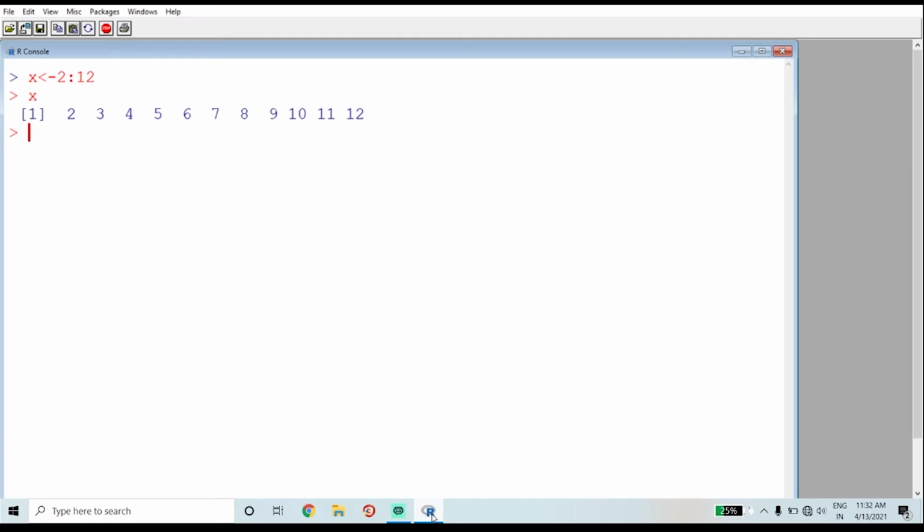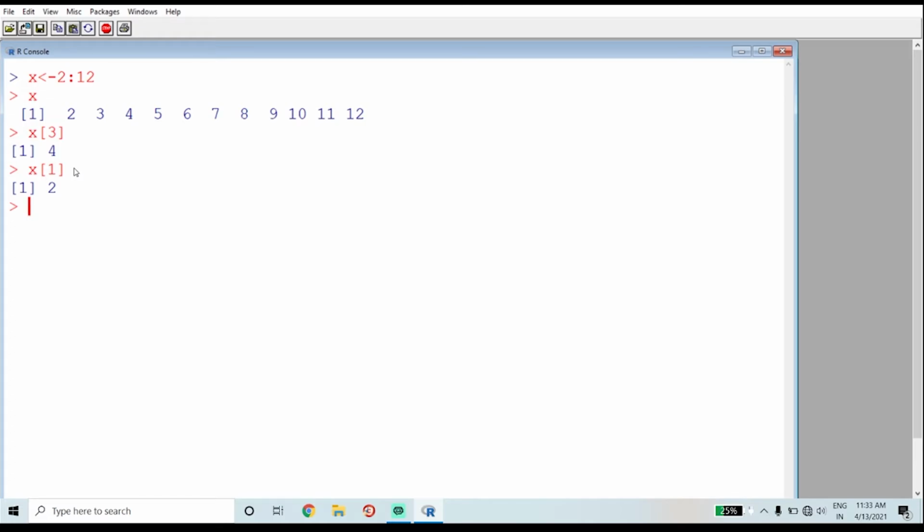Then in order to access the third element from the data set x, we make use of square brackets. So x square bracket 3. Press enter. We get the third element from the data set x. Suppose I want to get the first element, so I make use of the command x square bracket 1. So obtain the first element from the data set x.